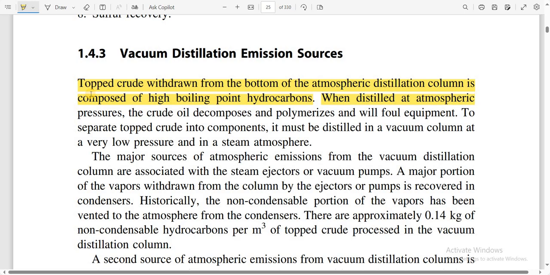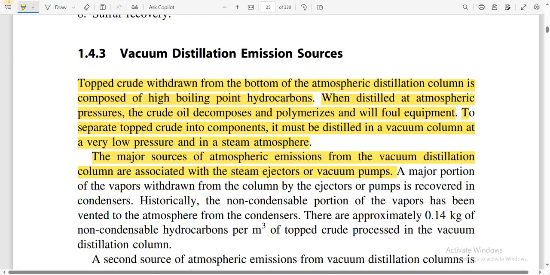At atmospheric pressure, the crude oil decomposes and polymerizes and will foul equipment. To separate top crude into components, it must be distilled in a vacuum column at a very low pressure and in a steam atmosphere. The major source of atmospheric emission from the vacuum distillation column are associated with steam ejector